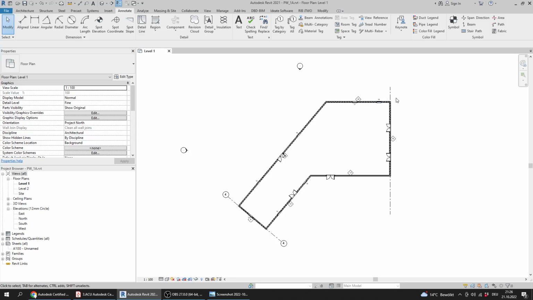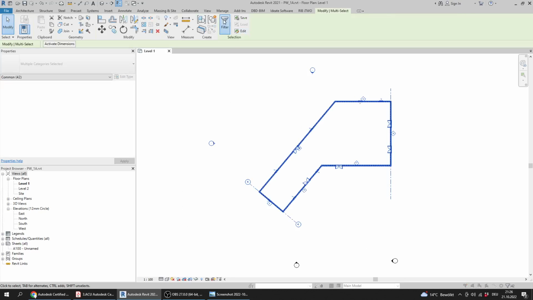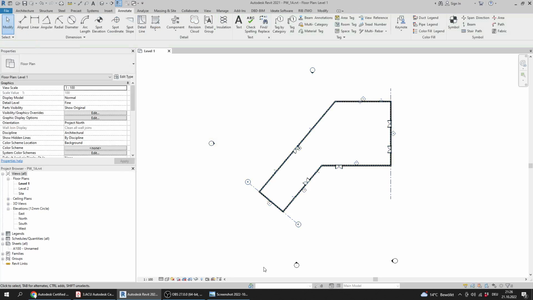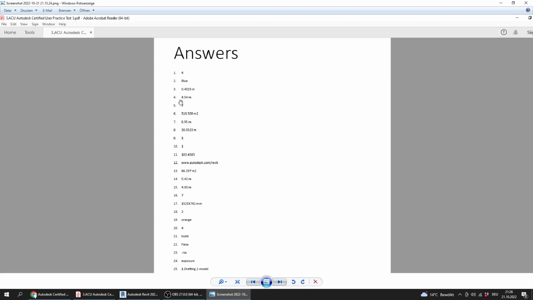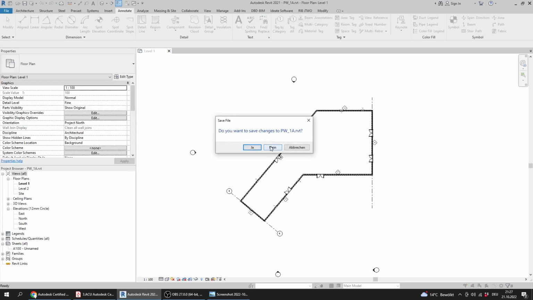What I will do is just select them all and go to filter, and here under window tags you will see the count is 7, so that is the number. I don't have to count them manually, so the answer here is 7. I will close that one,